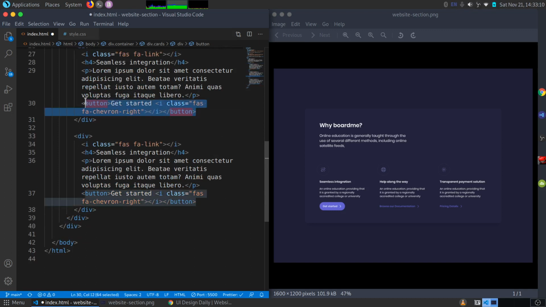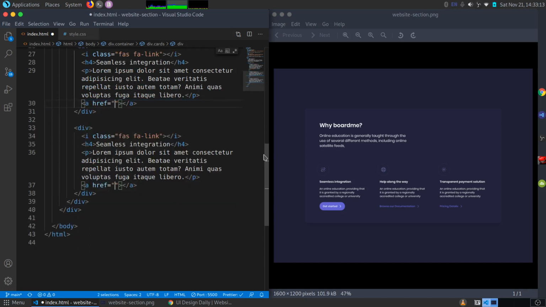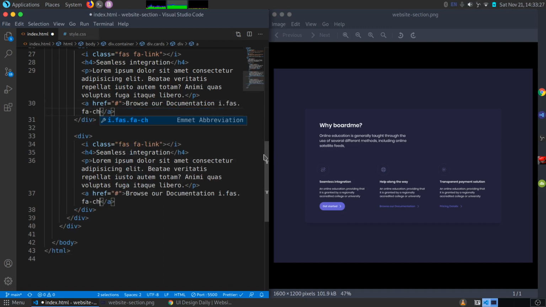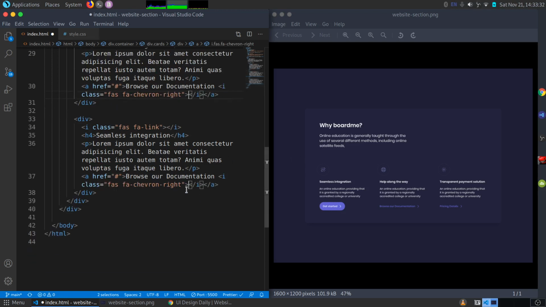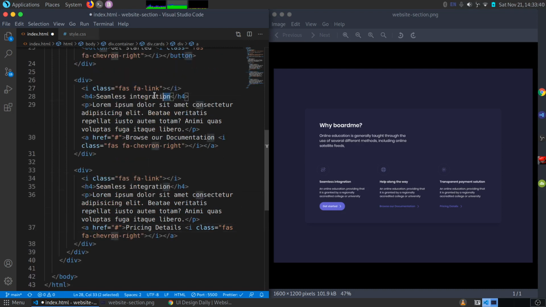Okay, let me just grab both of them, and I say I want a link that will go nowhere, of course. And I'm going to say browse our documentation, and it has an icon of the same chevron-right, like that. And this link says pricing details like that. And you can change the h4 tags for the second div, and it says help along the way. And for the third one, the h4 says